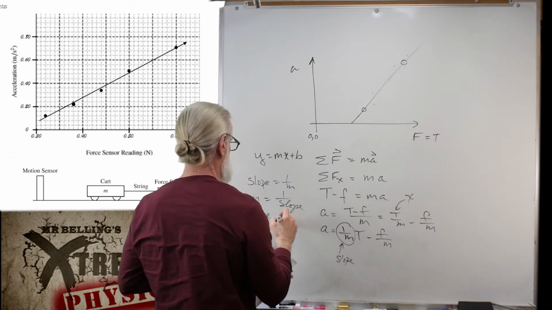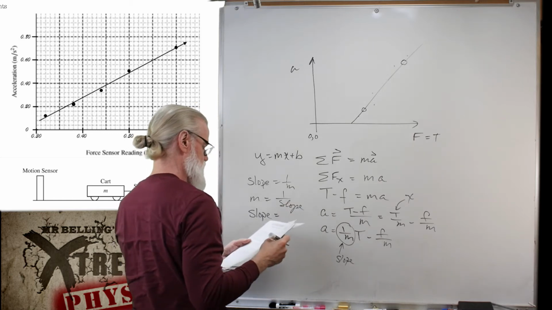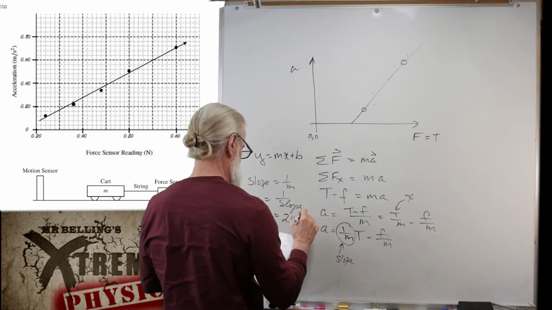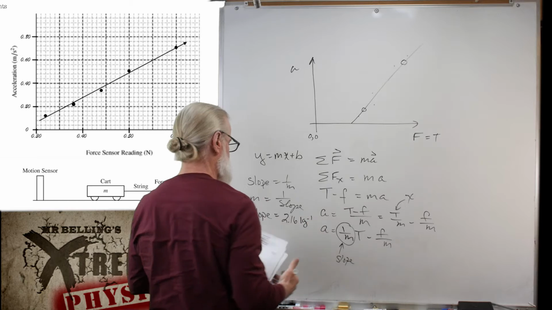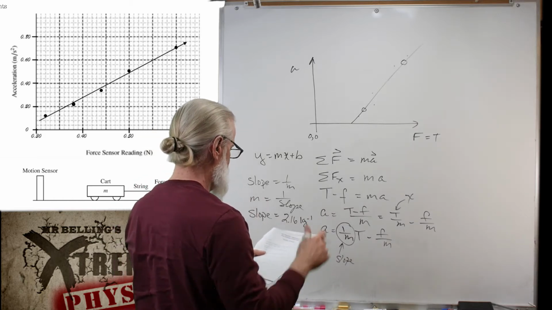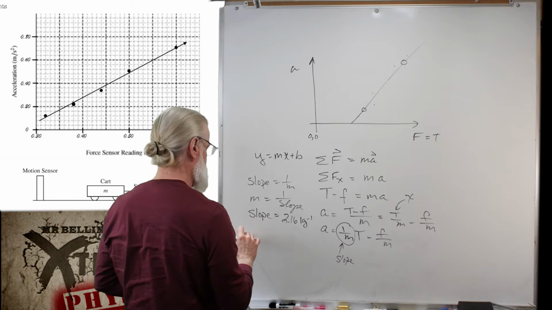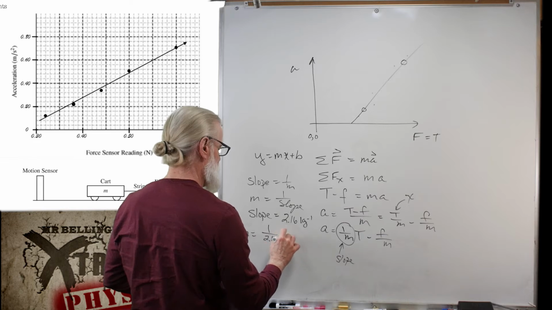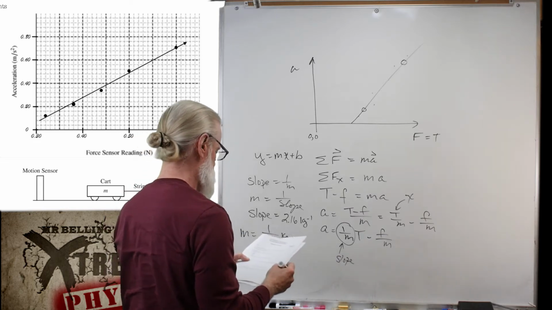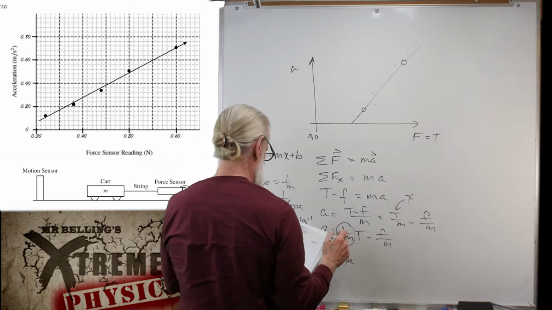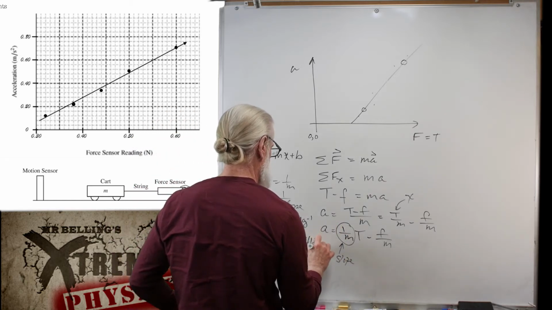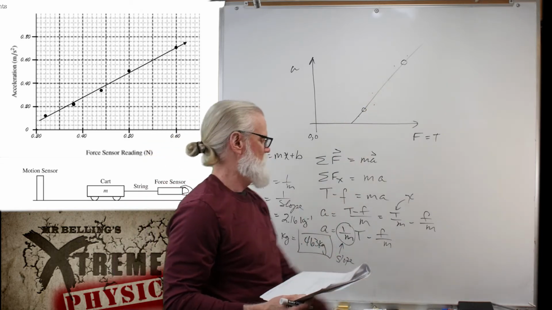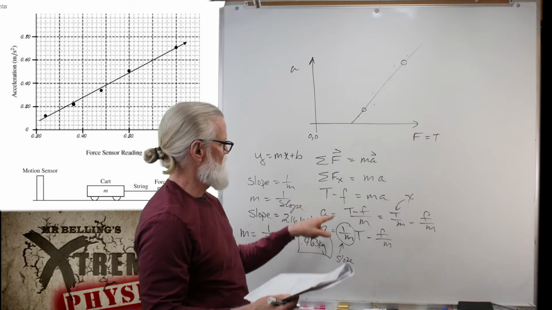So the College Board in their calculations got the slope equal to 2.16 kilograms to the minus 1. All right. And therefore, the slope, or m, equals 1 over 2.16 kilograms, which I guess is 0.463 according to what they did, right? So just plot your points, draw a line of best fit, calculate the slope. The heavy lifting was here, understanding that